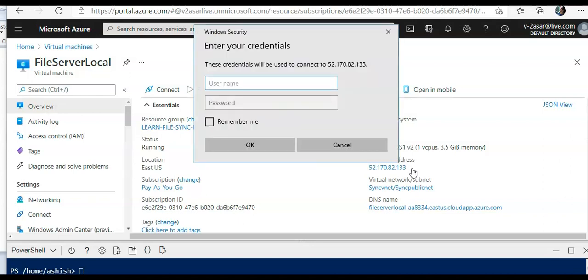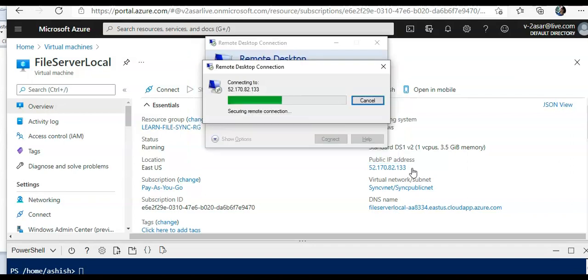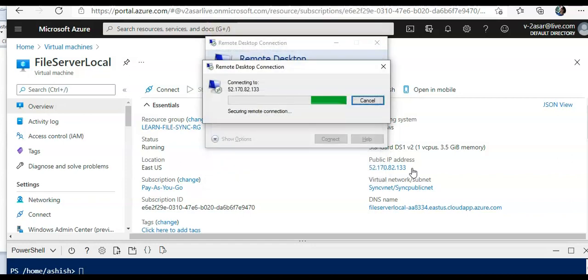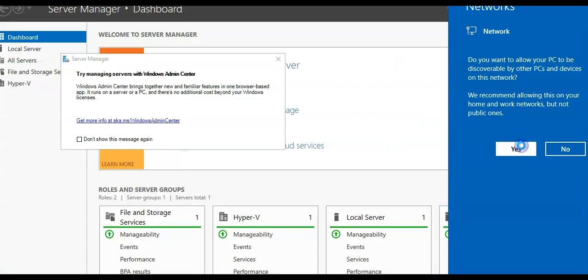I'll connect to this VM. Okay. Yes. Okay, I'm connected to the VM.